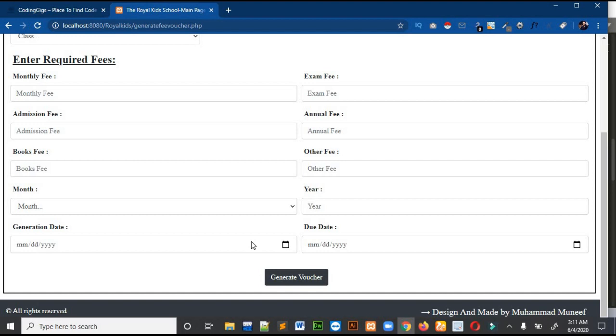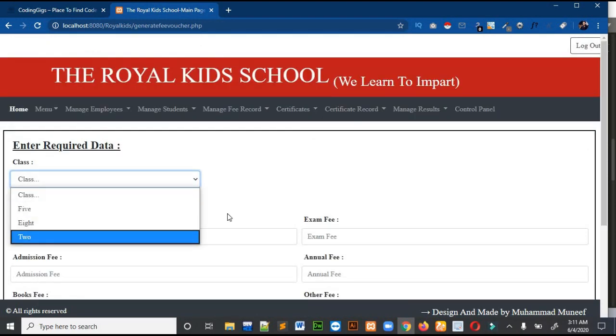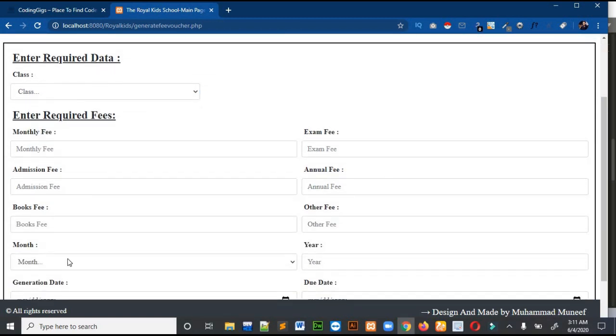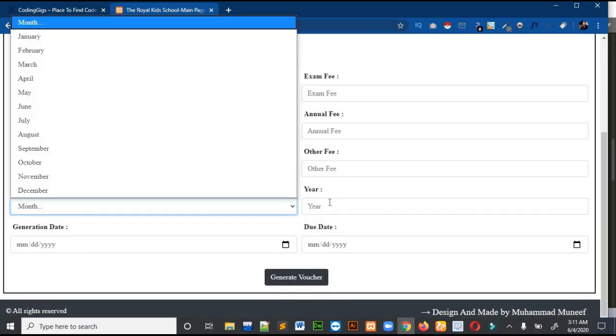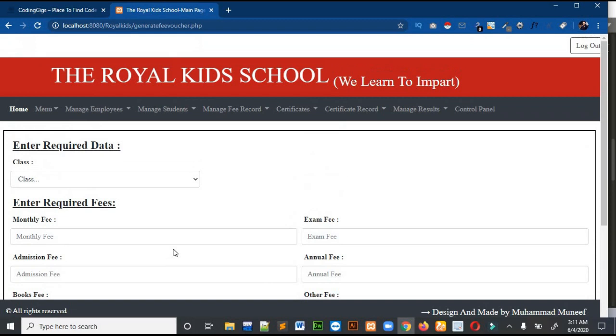So we don't have to generate the voucher and write the information for every student. You just have to write everything for one student, and that will be copied to all of the students in the class. So you will select the class, then the fees, then the month, then the year, then the generation date and the due date, and you will click on generate voucher. The voucher will be generated, okay.